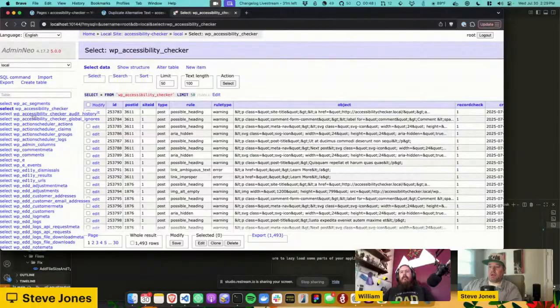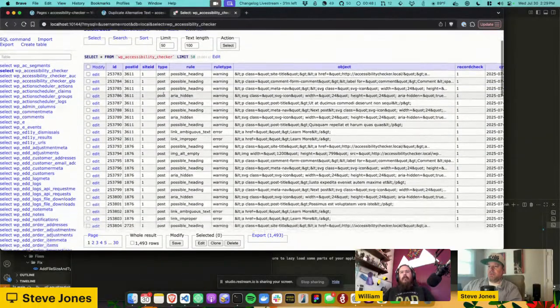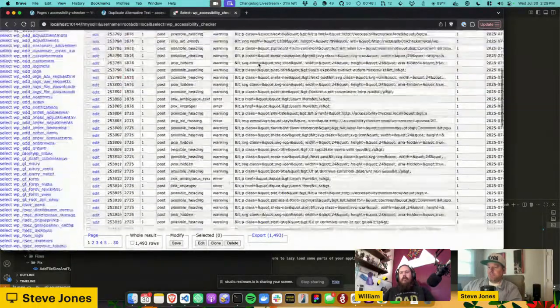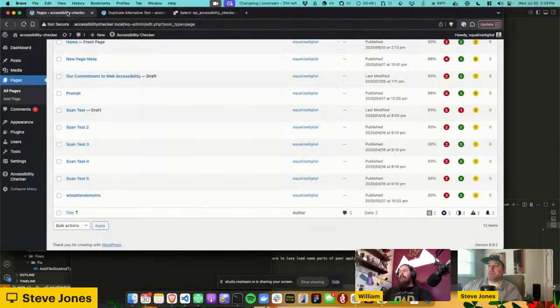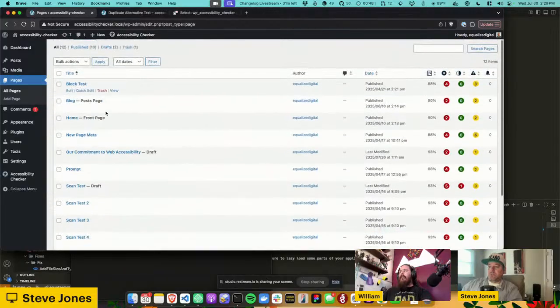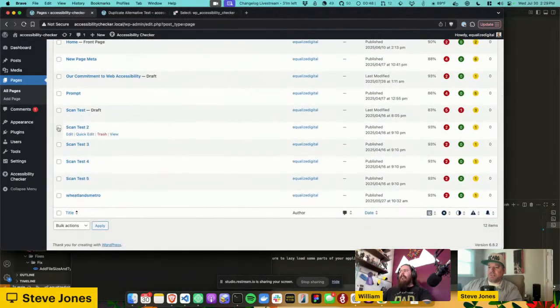I'm looking at the accessibility checker table, and I'm looking at the results inside that table. And you can see that I've got 1,493 rows. If I go into pages here and I select